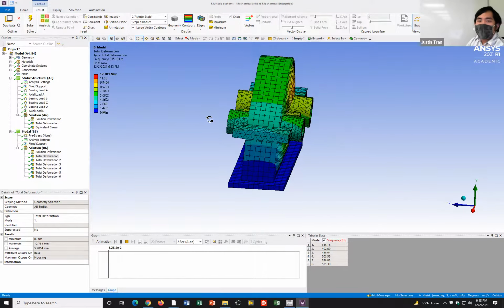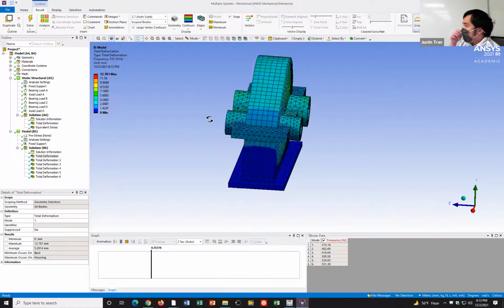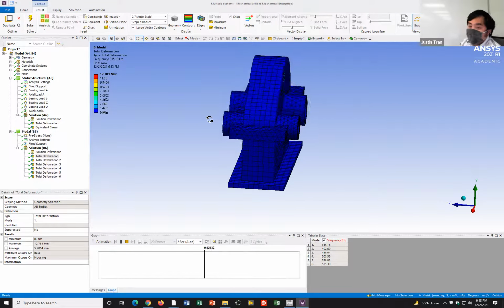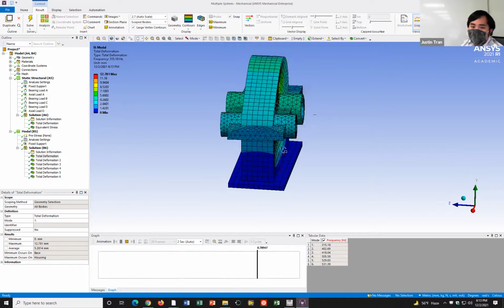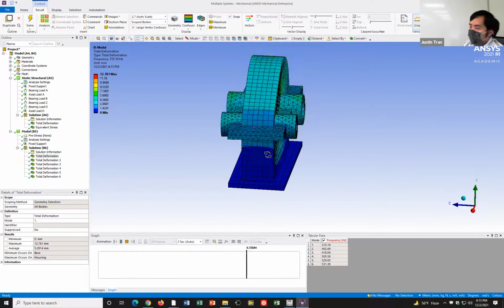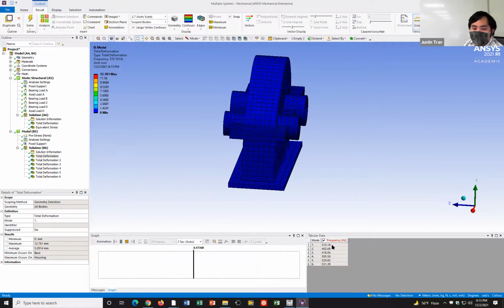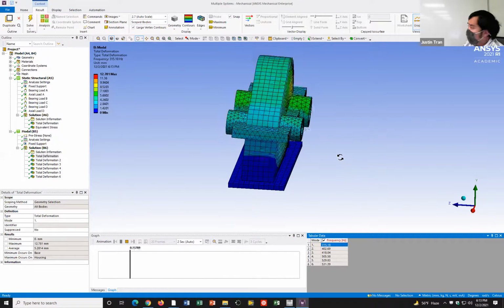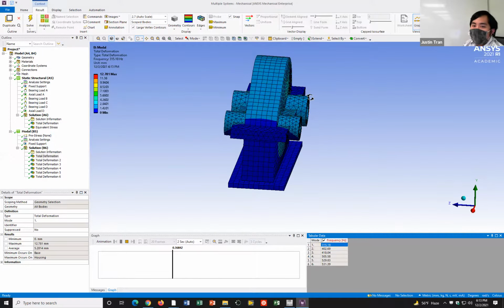And so what does this mean? If you remember that this is a gearbox, we have a bunch of mechanical gears on the inside. If the gears are rotating at a particular angular velocity that is equal to 315.18 hertz, or around there, then your gearbox is going to start to vibrate like this.